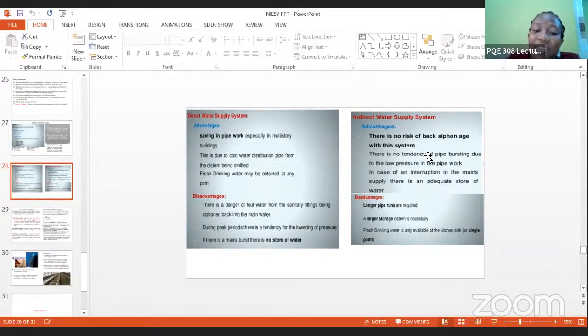However, there are disadvantages during peak period. If you're not the only one using that well, during peak period, that is when there are many people on that well, of course, you might not be able to get clean water. Except you are the only one using that well, then you can always go there morning, afternoon, and night, and you get your water. But in the situation where you have so many people using that well,